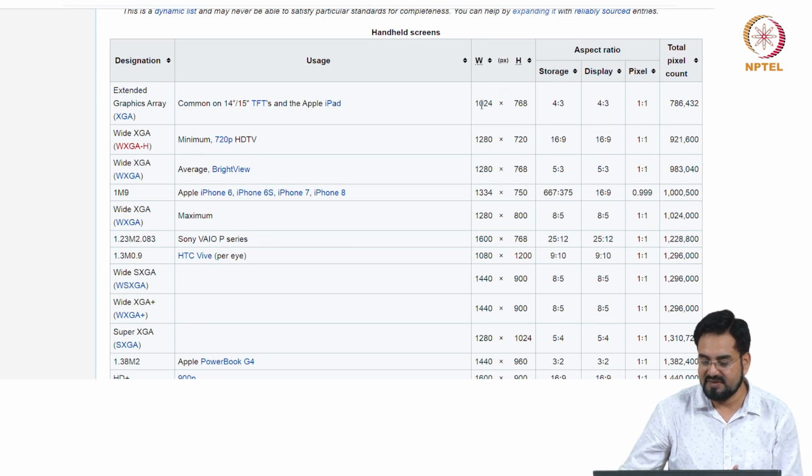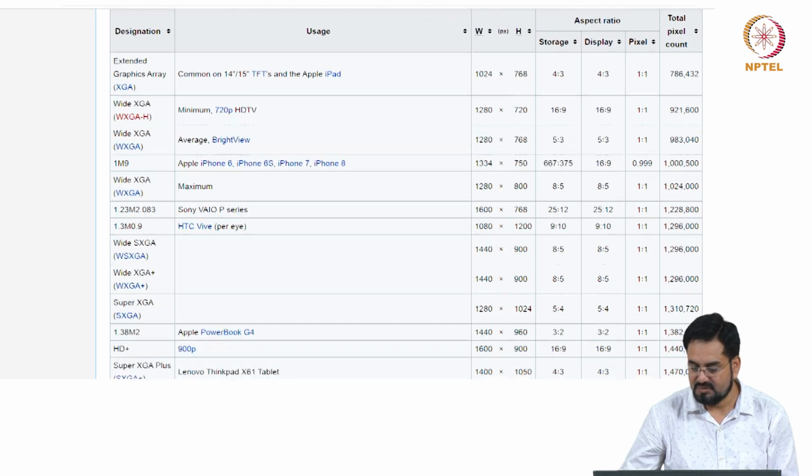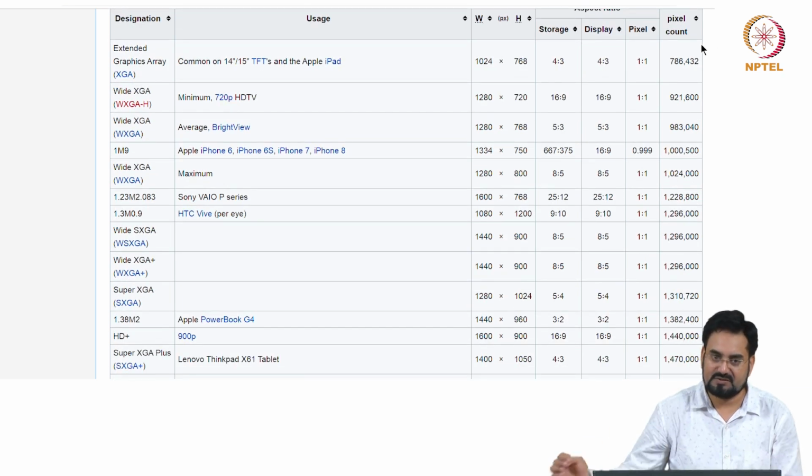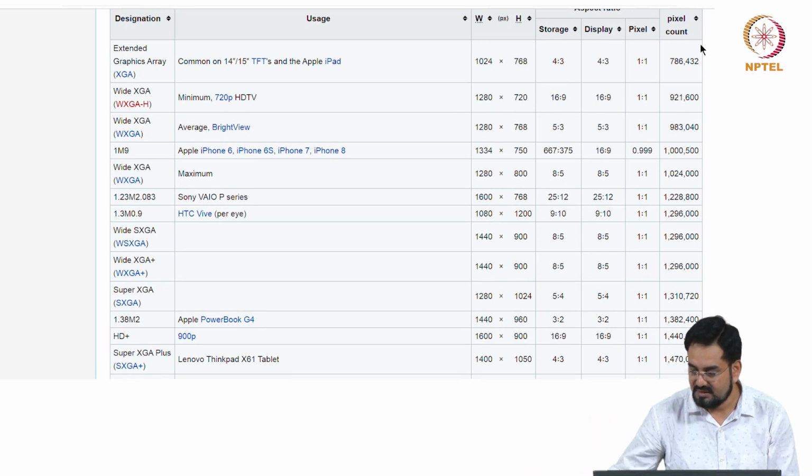It's basically width over length that will give you the aspect ratio. And it depends on the shape of the display also, if it's square or rectangular, or width is more than height or height is more than width. So that gives you aspect ratio. So you can get a different pixel size in x and y direction.